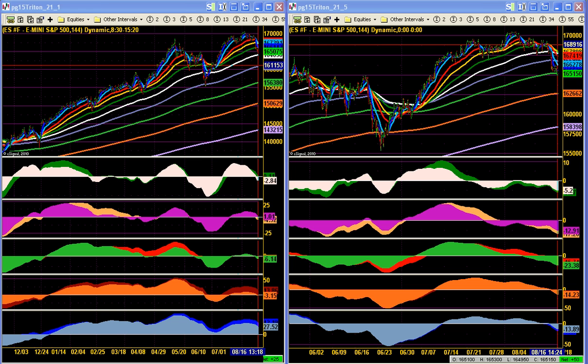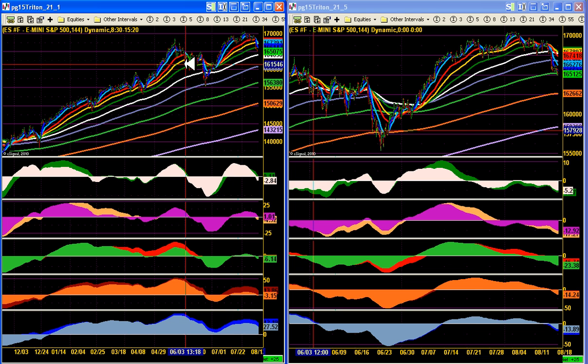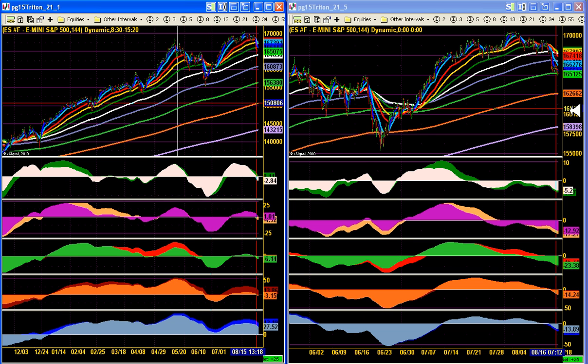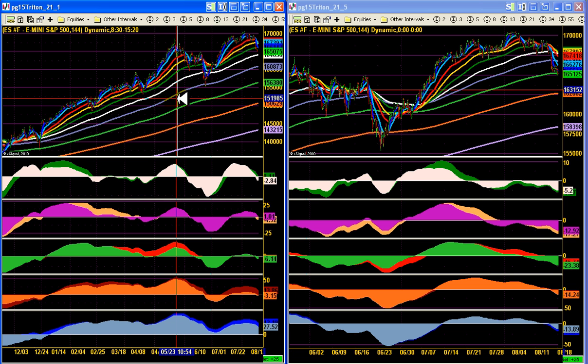let me get a hash mark here. Okay, so this entire move on the 24-hour chart right here only comes up to this on the 144-minute daytime chart. However, you can see,